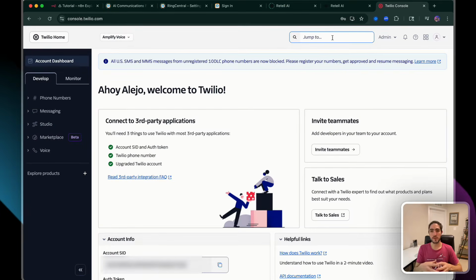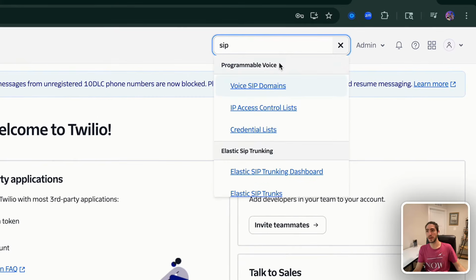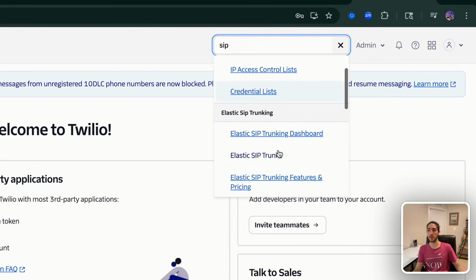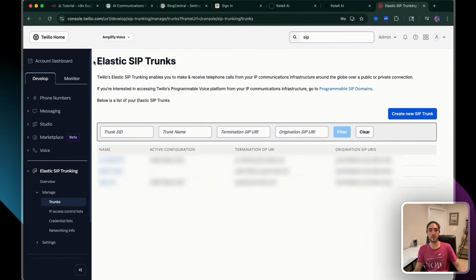So I just logged into my Twilio account. Keep in mind, this works for pretty much any provider, Telnyx, Vonage, or anything else you want to use. But most people use Twilio. So what we're going to do is search for the word SIP, and Elastic SIP Trunk is going to show up. Elastic SIP Trunk. You're going to select that, and it's going to take you to a dashboard like this